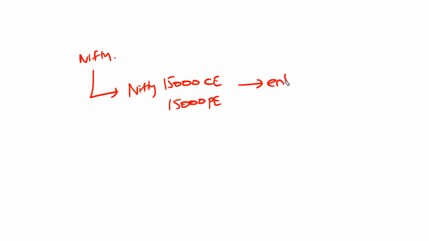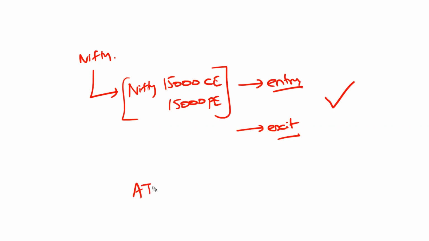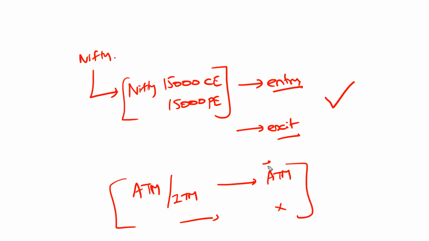Then entry is also possible. Exit is also possible. All right. So if you know the fixed option strikes, then entry and exit both are possible. If you are always trading at the money call option, always trading in the money call option, your entry is at the money and you want to close that at the money, then that is not possible, because entry is possible in that case, but exit is not possible at this point of time. We are also working towards that as well.